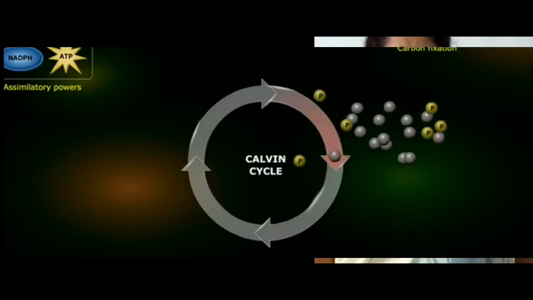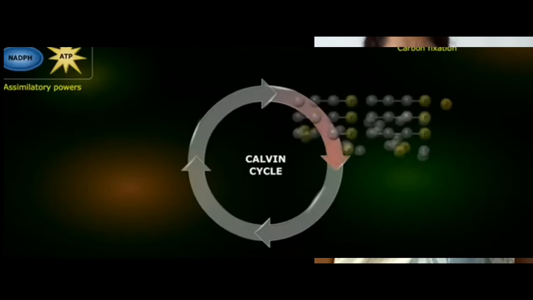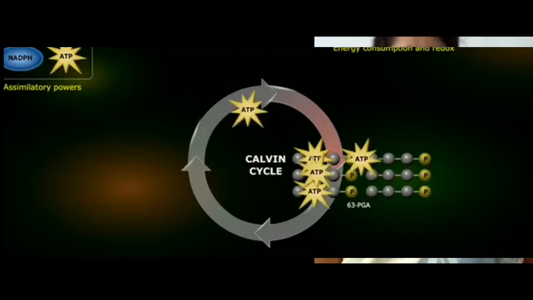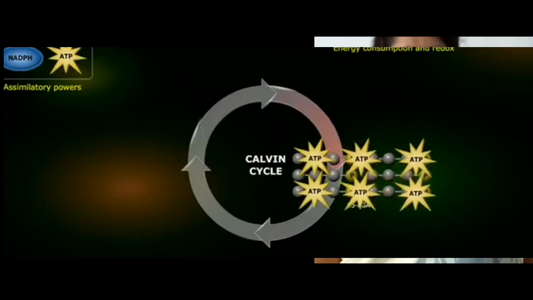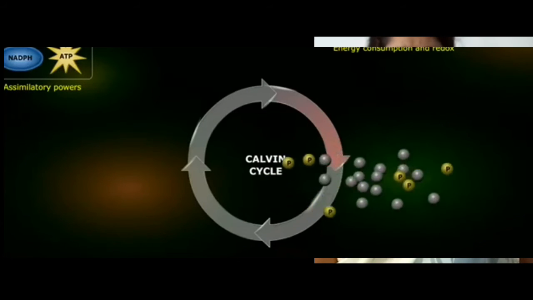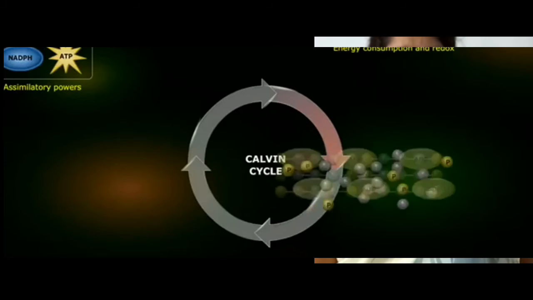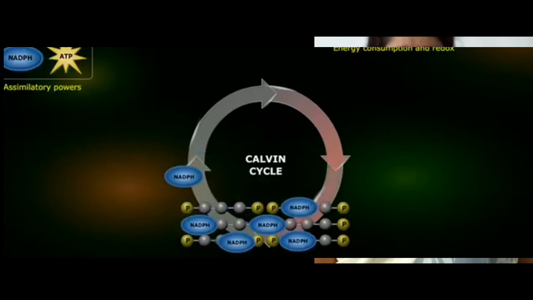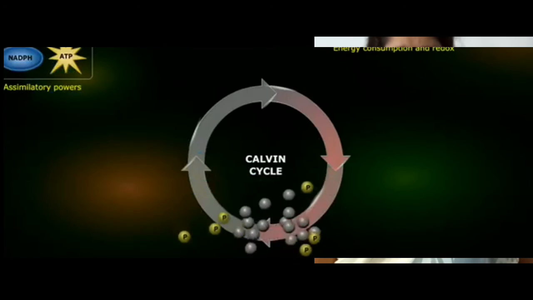H plus ions produced in photolysis are immediately picked up by a special compound NADP to form NADPH. In dark phase, the hydrogen of NADPH is used to combine H with CO2 by utilizing ATP energy and produce the glucose. This reaction occurs in a number of steps by using special intermediate compounds and enzymes. Finally, the glucose is converted into starch.